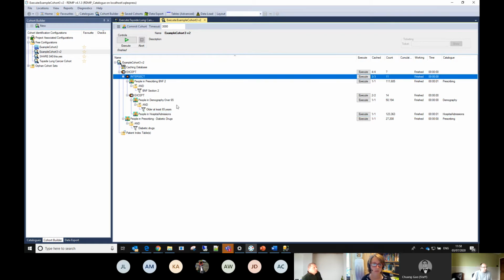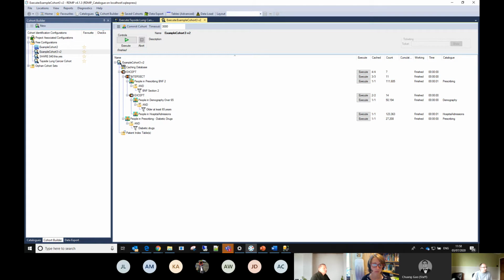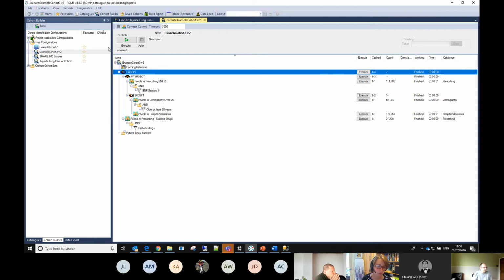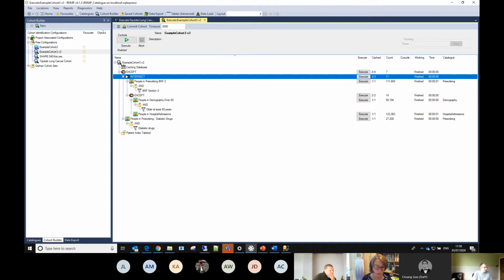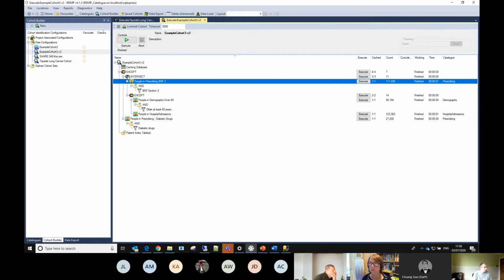So I mentioned the different icons. You can see here this particular configuration's got accepts and intersects in it. You can see the icon for the accept takes the leftmost component only, and the intersect takes both. So it takes the middle bit, sorry, which is to say people that appear in both. So we've got a slightly different scenario here.